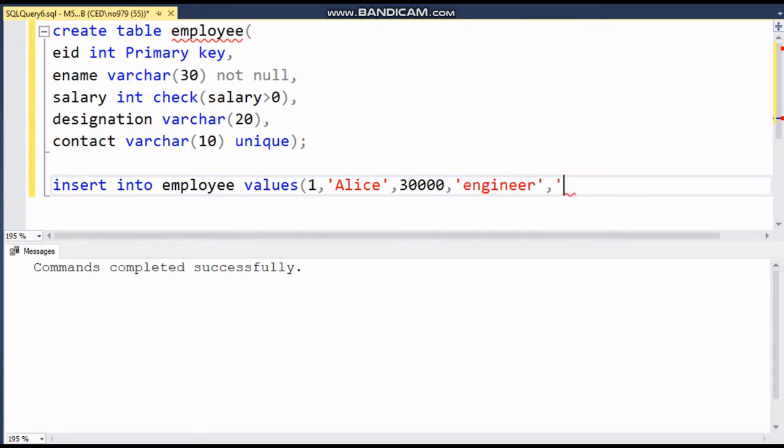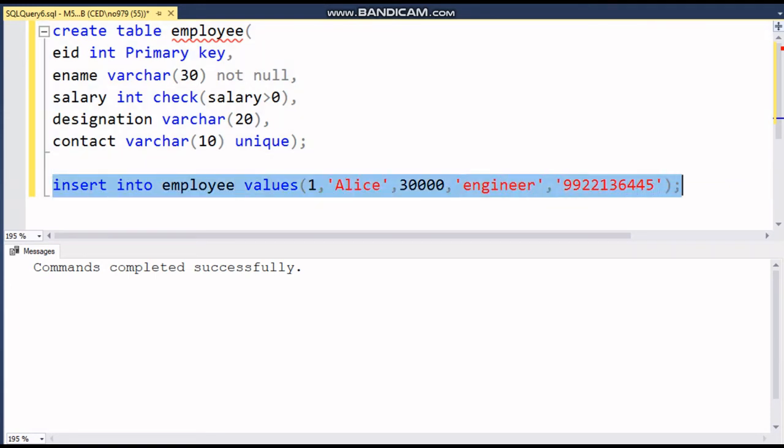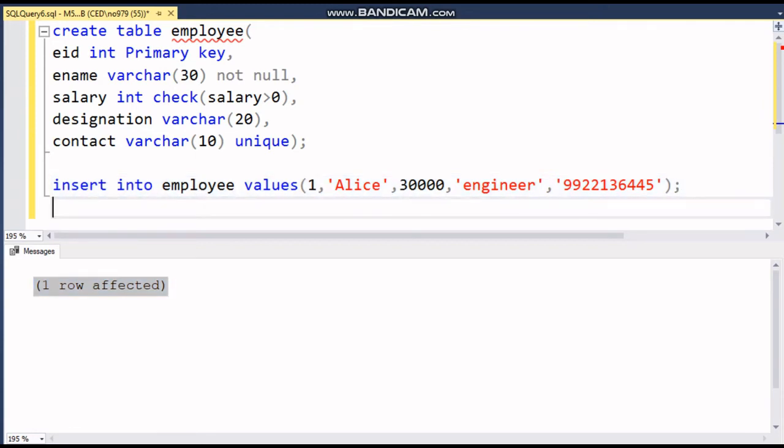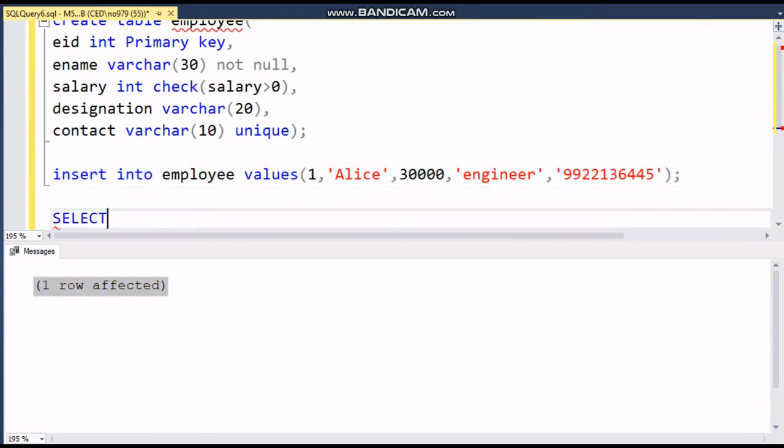Next is contact number, again varchar, in single quotes. Bracket close and semicolon. Now we will execute this insert statement and we will check. See, one row affected.